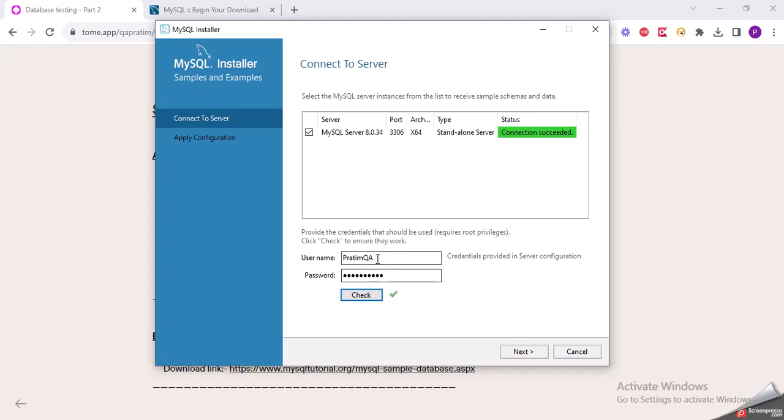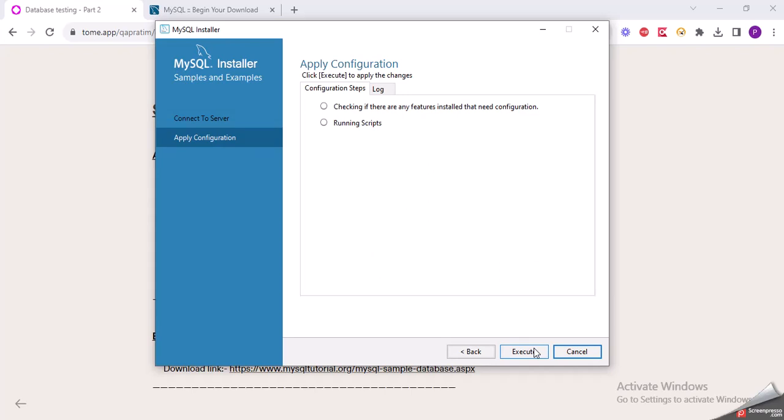So I have entered my username and password, the one which I created just now. Connection succeeded, so I will be clicking on next, execute, and then I will be into my MySQL. So I will be using my MySQL, right? So click on finish